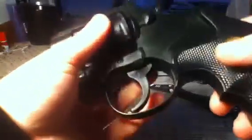Anyways, then you go to your hammer, and you leave up a little bit there. Pull back your hammer, disengage, pull back, disengage, until you feel it's good enough. It's not going to loosen the action of the trigger or the hammer from doing that, because it is a spring-powered revolver. So, that's not what that's for. That's just to clean up so there's no debris there. Okay, then